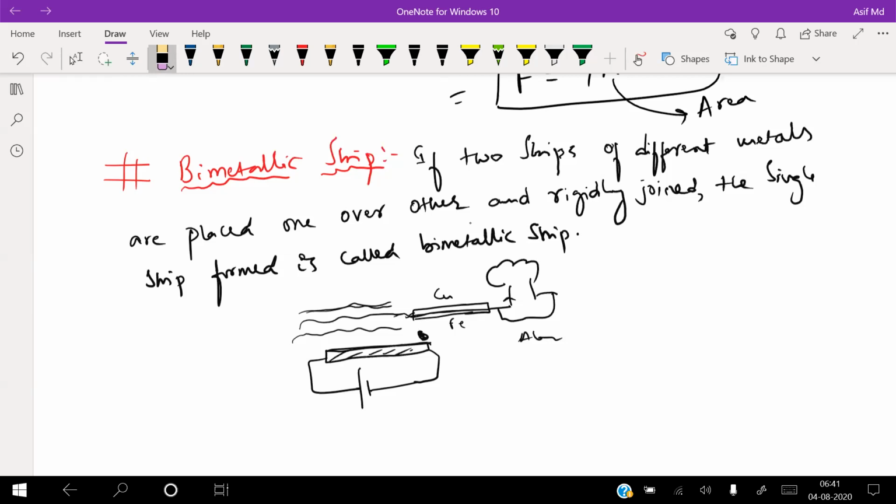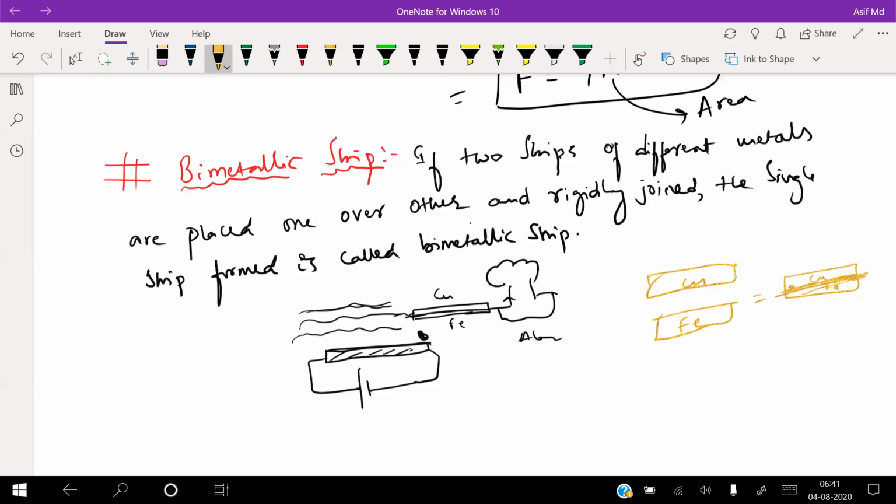Sir, is there a chance to separate them? Of the bimetallic strip, sir? See, we are making the bimetallic strip now. For example, one strip is copper, this is one copper rod, and this is an iron one. We are riveting them, which means combining both, keeping one above the other. Riveting is something like a Fevicol type of thing used for sticking. The same way we rivet here, attaching two different metals.